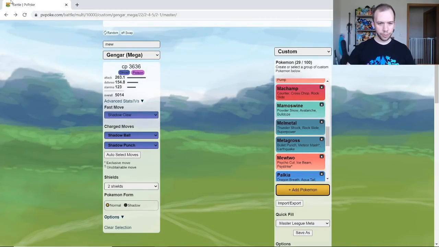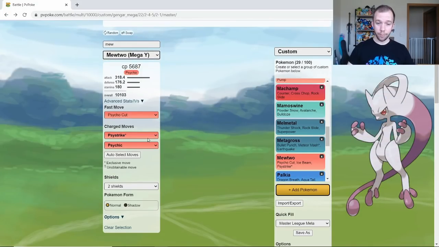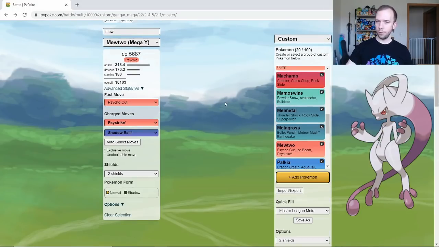Then we get to number 3 on this top 5 list. Who could it be but Mega Mewtwo Y. Mega Mewtwo Y using Psystrike and Shadow Ball. So Mega Mewtwo Y is pretty insane. I mean, it's got